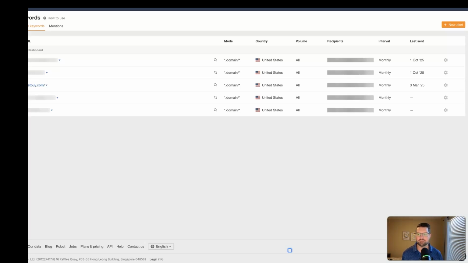Let's take a look at how to set up keyword alerts in Ahrefs. Now, if you don't already have an account, Ahrefs is a paid tool, so you'll need to get signed up with a subscription before you can even use this tool. That being said, once you are in your Ahrefs account, there will be this More tab here, and you can